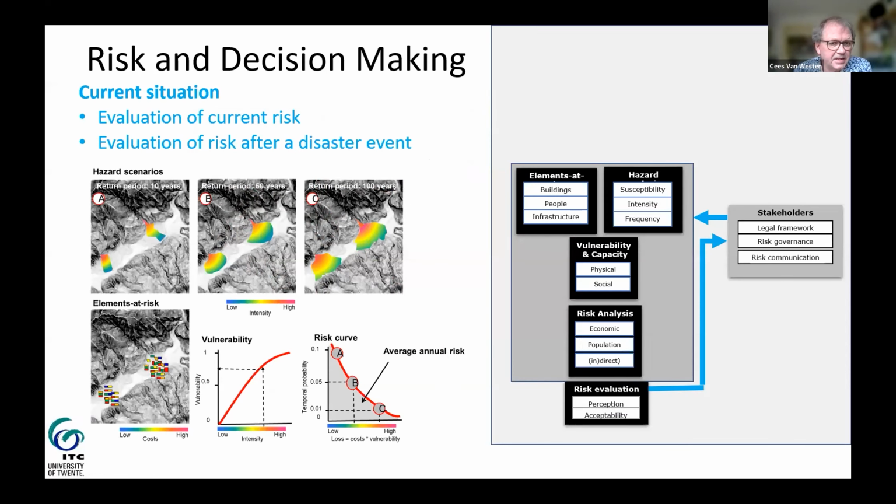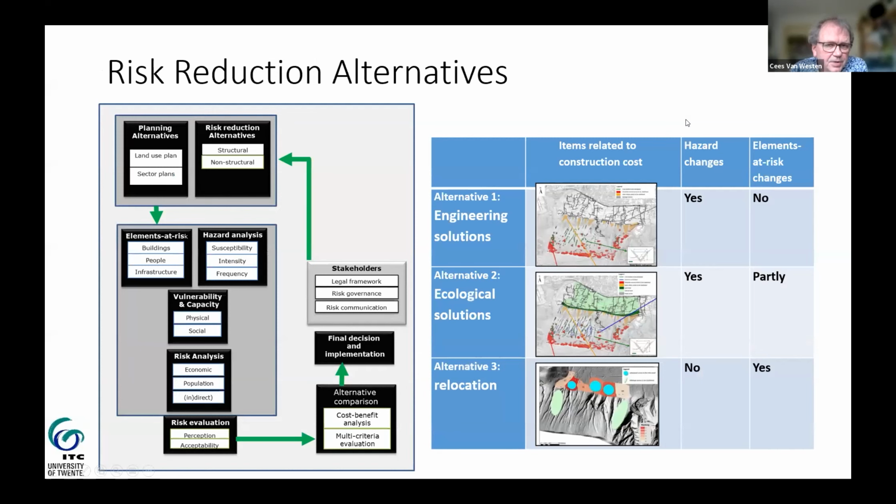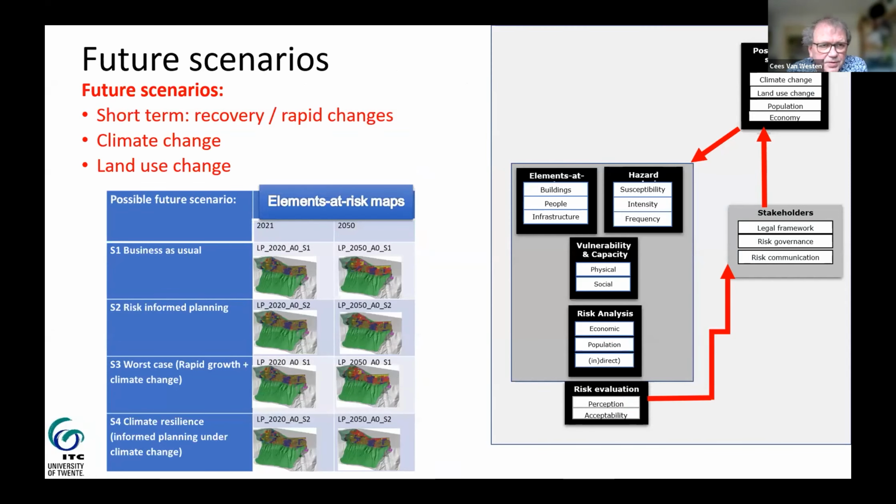So it has a component that deals with the current level of risk, where we analyze the risk due to multiple types of hazards and see how they would affect the losses and the risk within an area. We would then introduce risk reduction alternatives and compare how hazard would change, how exposure and vulnerability would change, and we would compare that with the current risk. So we have a level of risk reduction, and we could do this with a cost-benefit analysis to analyze what would be optimal risk reduction alternatives.